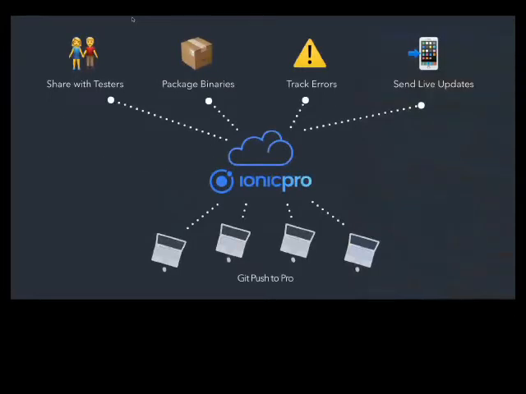When you look at how this entire system works, if you guys have ever used something like Heroku, this model is going to look very similar to you. So you basically have your entire team here. We've got 4 people represented by their computers at the bottom. They're going to be pushing to an external Git repository that you're most likely already using to collaborate, something like GitHub or GitLab or Bitbucket. And then when you're ready, any one of those developers can push up that current version of code to Ionic Pro, which will then allow you to share with testers, package your binaries, track errors, send live updates, or use any number of the Pro features. So you're all still working together with your own Git repositories. You push code up to us, and that allows you to use the different pieces of Ionic Pro.